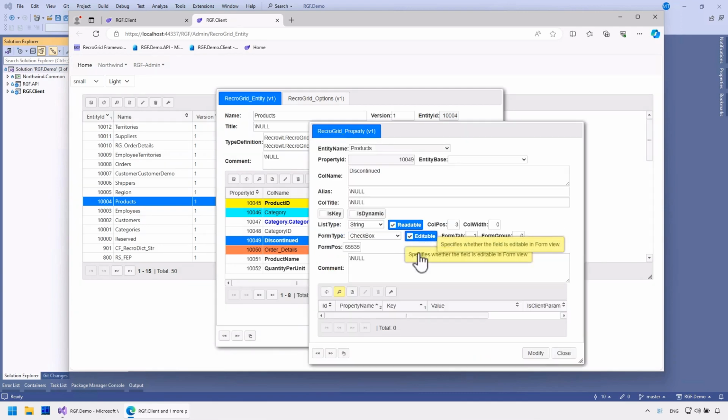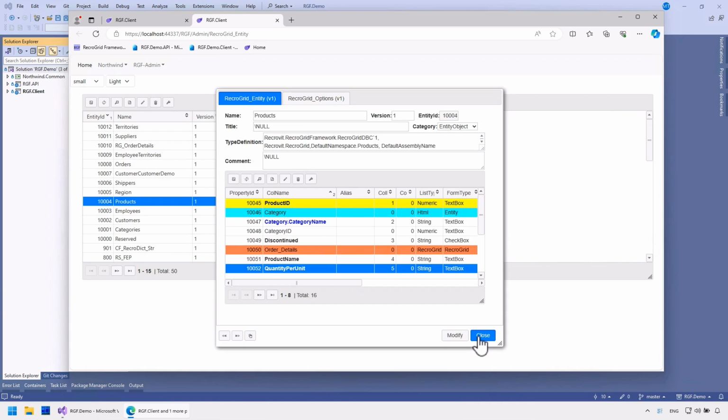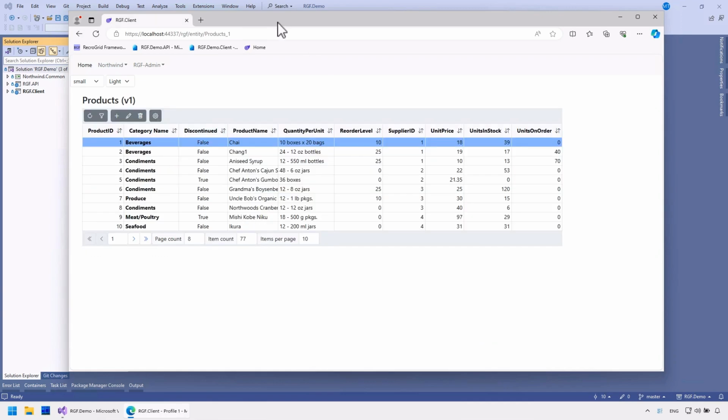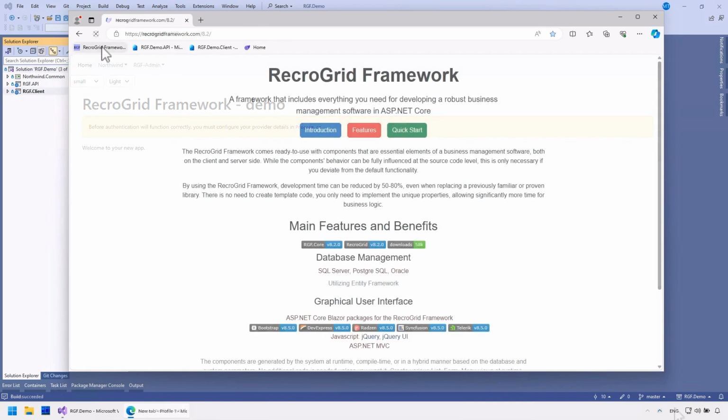Now, I'll reset these. This was the basic access control where, regardless of permissions, we could determine the maximum allowed access.